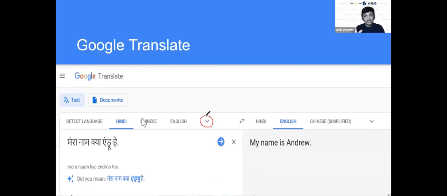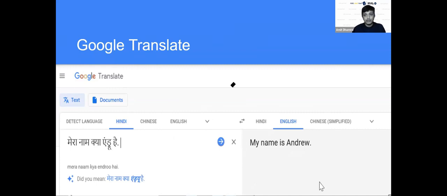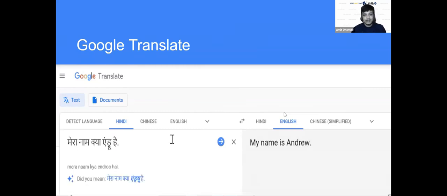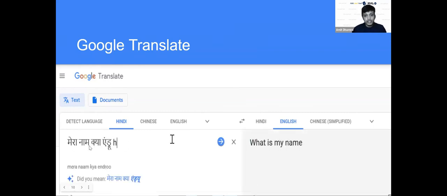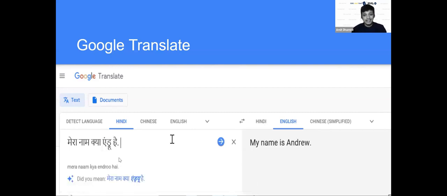By selecting this, you will get a lot of options to change the language, and whatever you type, it will do the conversion. So this is one of the best examples of Google, of how you can translate. How many of you have used this, whether on mobile or elsewhere? Here I typed mera naam Andrew hai, and then I converted it into English: my name is Andrew. Oh, many of you use it. It's really very fun, right?